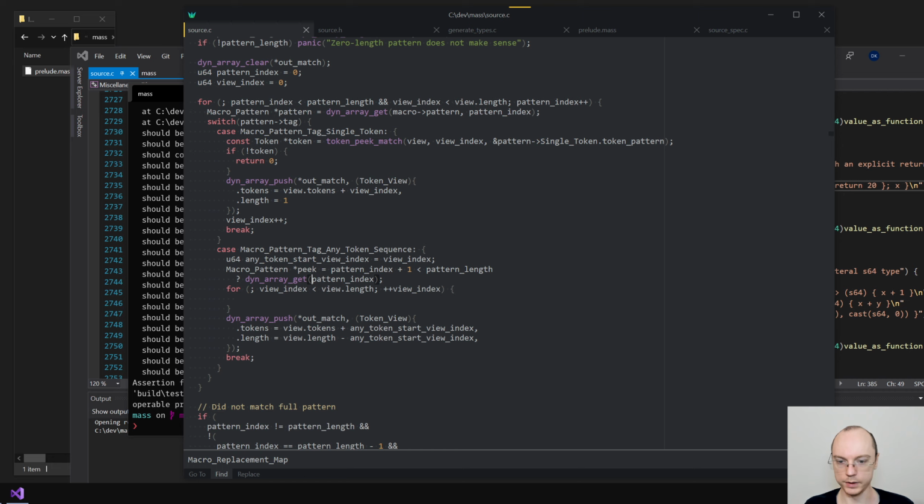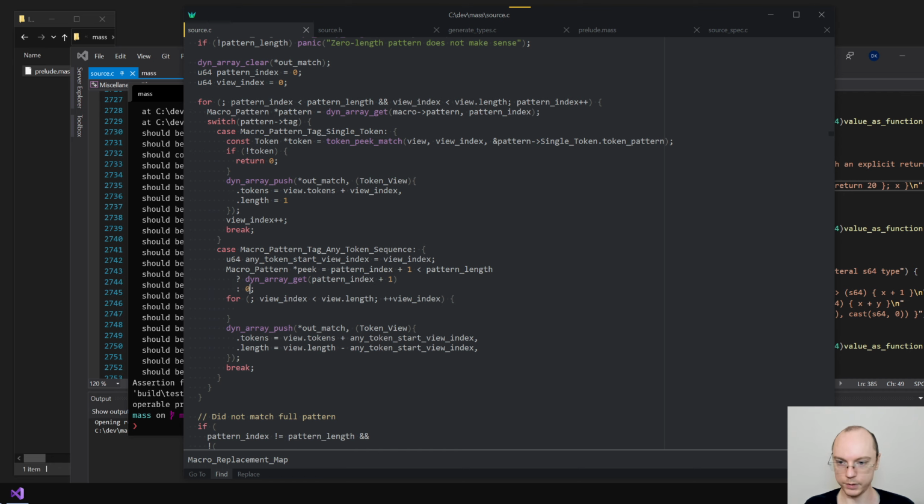Actually, no, pattern index + 1, otherwise it's 0. So we are sort of looking ahead one in our sequence, and we will check that if the next one matches the token that we are looking at right now, that means that this is, how to say, this is where we stop, essentially.